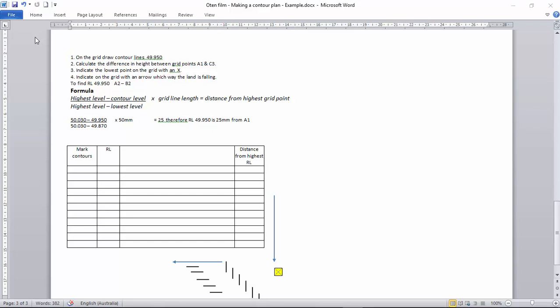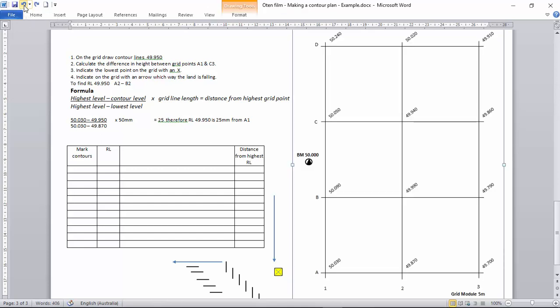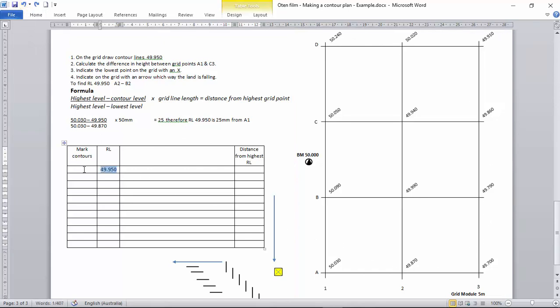Hi everyone. Today we're looking at part 2 of mapping a contour line. In this exercise we've selected the RL of 49.95. First thing we do to make our job a little bit easier, we copy our grid line map down to this page here. And there we have our grid line map with our RLs in place from what we've already completed. The next thing we do, we put in the RL that we're looking for, which is 49.95, and this